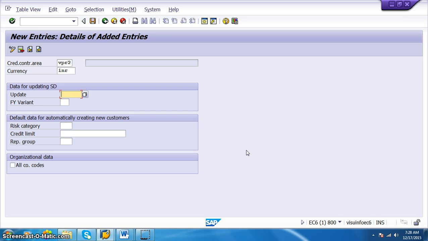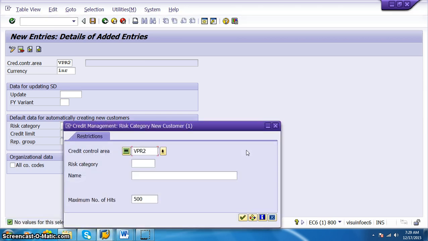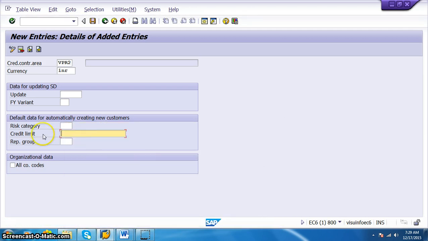Here we are going to define how much credit we can give to the customer. You can also put the risk management category. We have to create a separate risk category for this, and then we can put it here. You can also mention the amount here. This much amount is the maximum up to which we can give the limit to the customer.